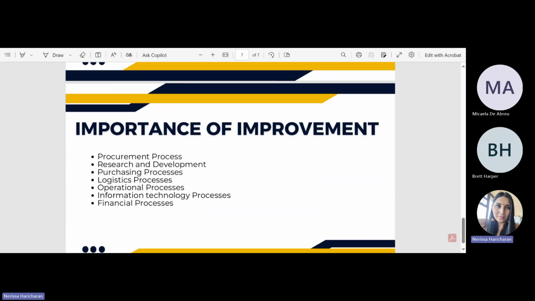The next one is doing research and development. And this is more for developing the product or the services that could meet the customer's requirements. And this means together. So from a buyer and a supplier perspective, how best can both parties do as much research and development just so that you can provide a better product to your customer. When we look at purchasing process and systems, it's for managing the actual supply of material or different services from different suppliers. So we want to make sure that there's improvement from that perspective.